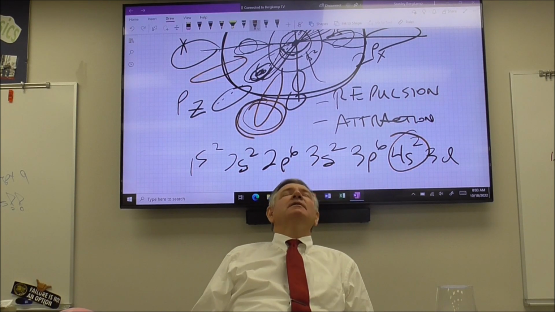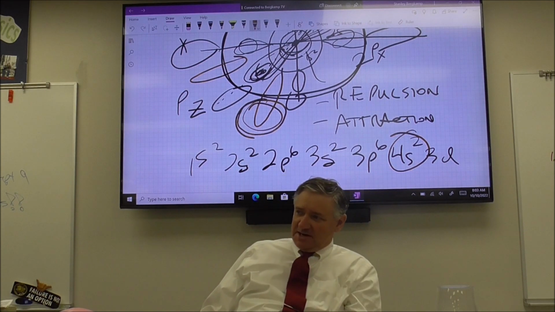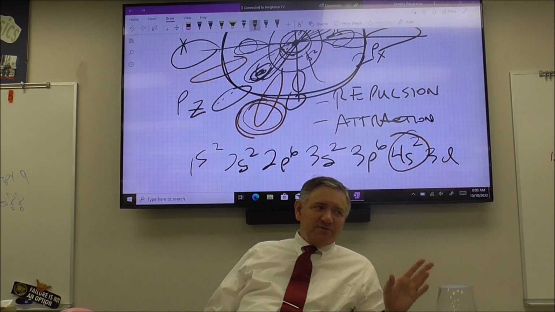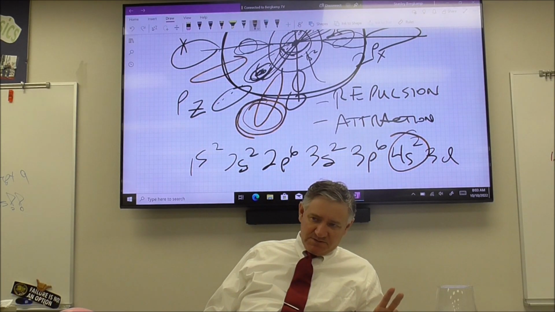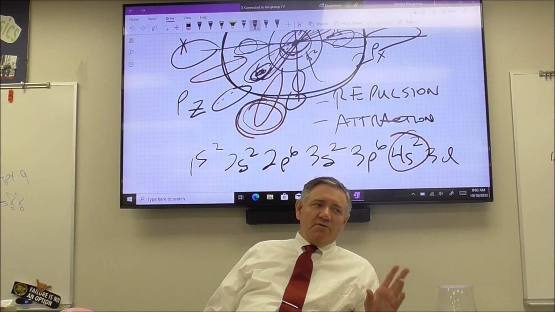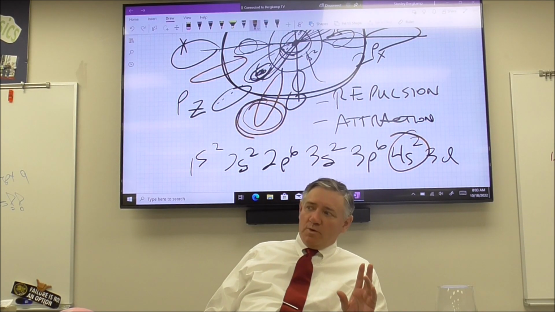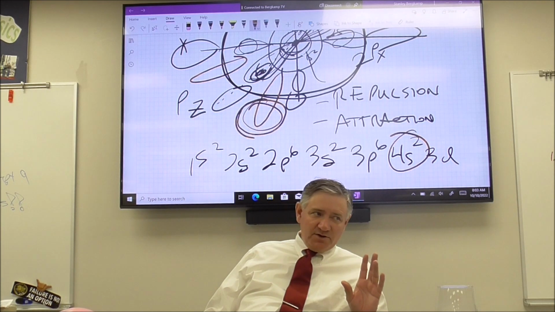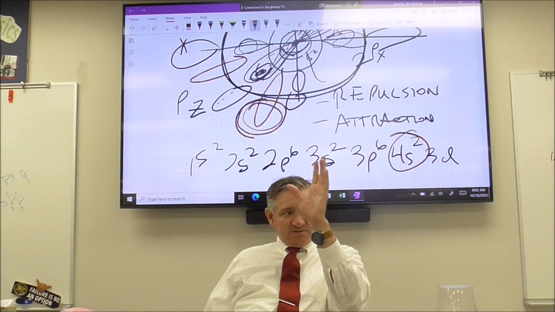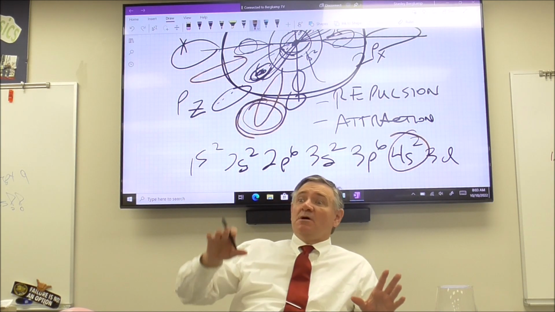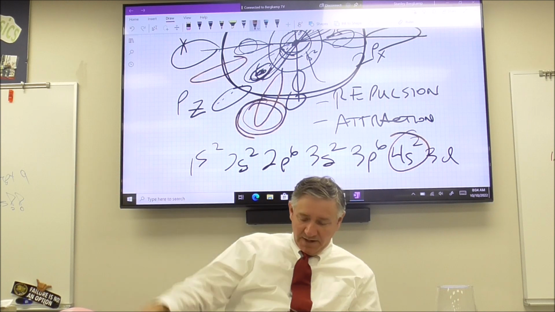And again, here's the biggest misconception that I want you to get out of your minds right now. When we talk about the shapes of the orbitals, all they are are regions of probability, okay? That's all we can say, is that with a high degree of probability, this is where they are. And Mother Nature fills the lowest energy levels first before she transitions and moves to the highest energy levels. Okay, now,